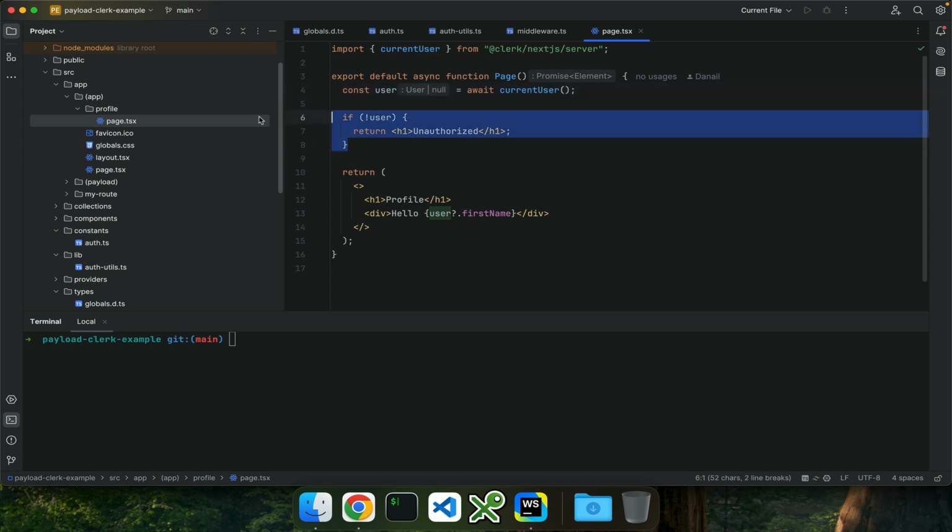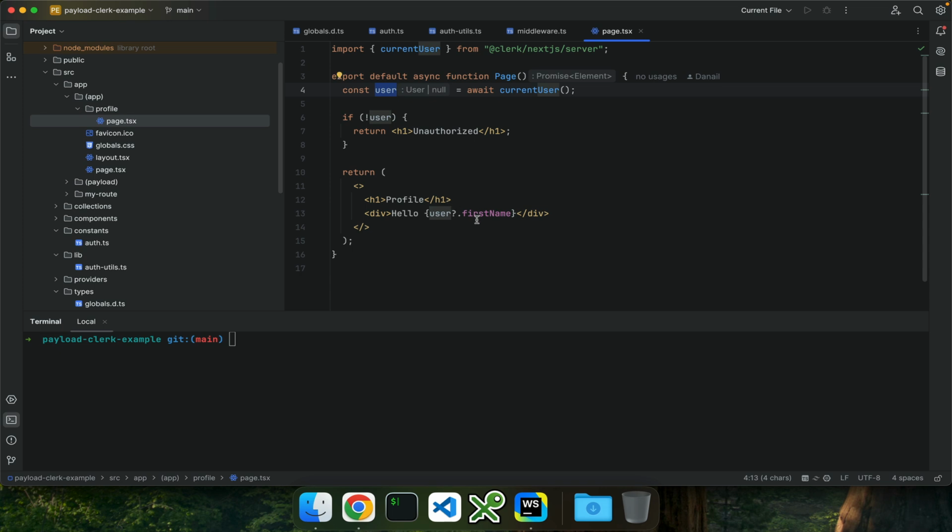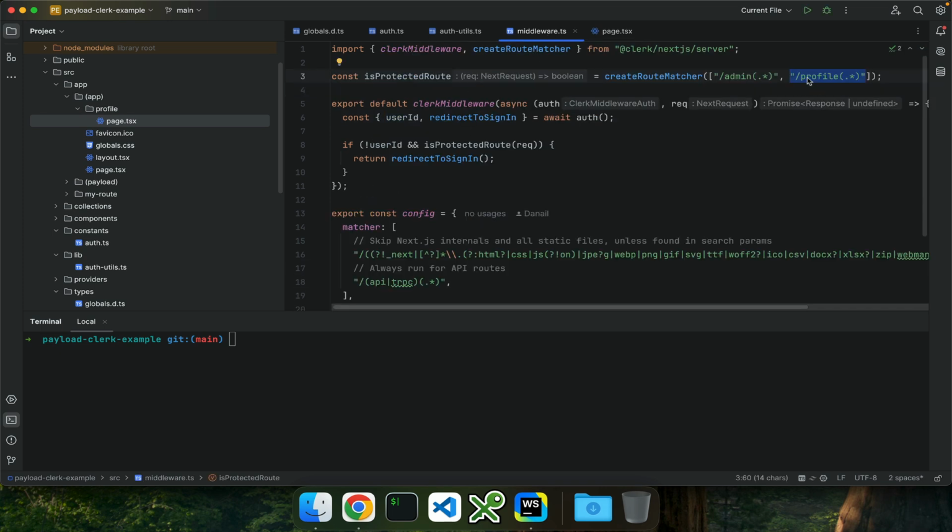We extract the user, and actually this if will not be executed at all, and we will not reach this page because the middleware will intercept it. But then we just display the first name for the authenticated users. That's why we have an example of authenticated page. It can be a shopping cart or any other page which requires authentication. So this is how the middleware works, and the important bit is that Clerk is responsible for authentication only here, and then we extract the roles from Clerk's user session,